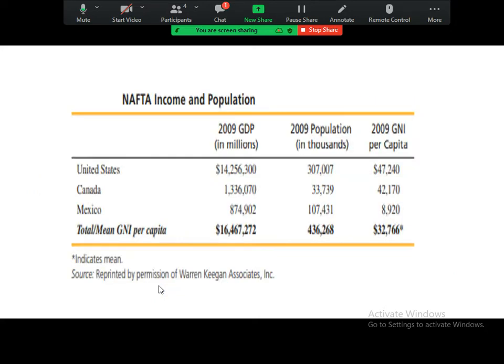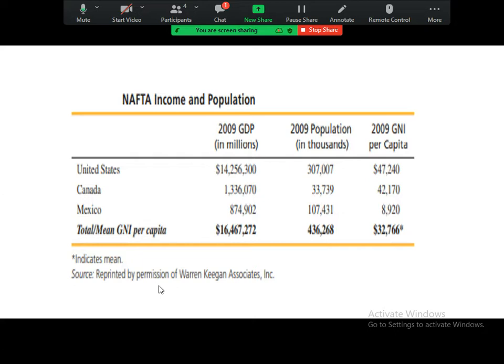Now we will just see the next figure, that is NAFTA. In 1992, representatives of the United States, Canada, and Mexico concluded negotiations for NAFTA, the North American Free Trade Agreement. The agreement was approved by both houses of the US Congress and became effective on 1st January 1994. The result is a free trade area with a combined population of roughly 450 million